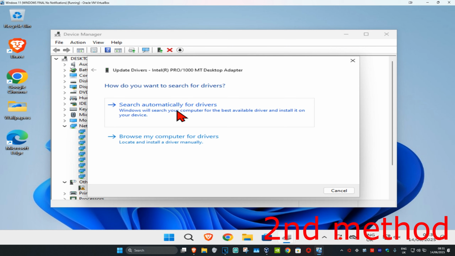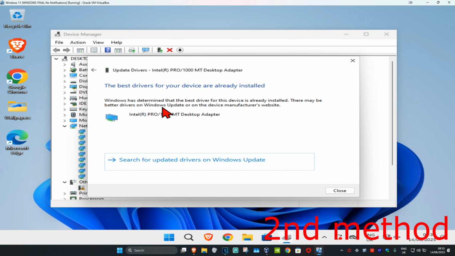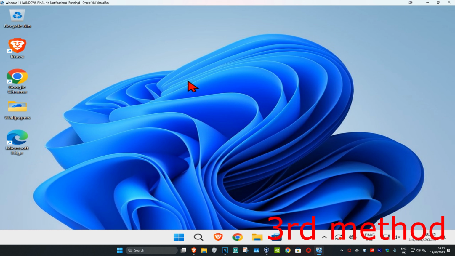And then click on search automatically for drivers. Make sure that you have the best drivers for your device installed. See if that works. If that's still not working, then for the last method, you're going to head over to